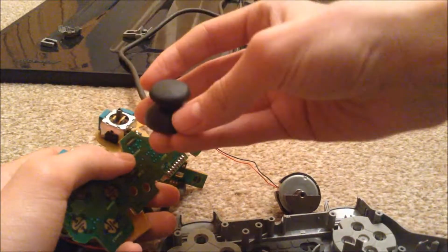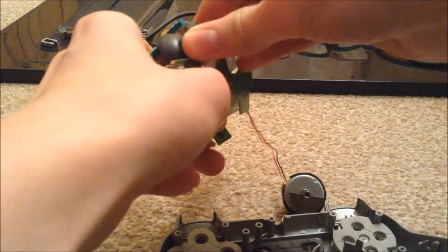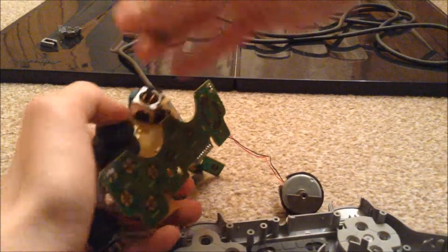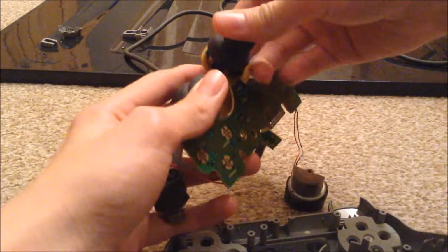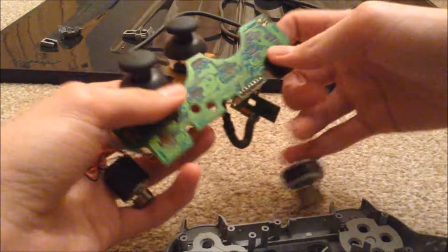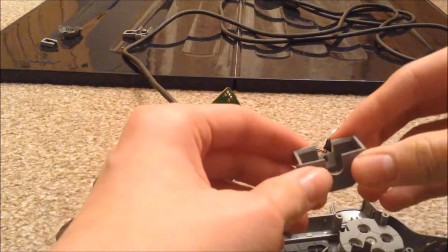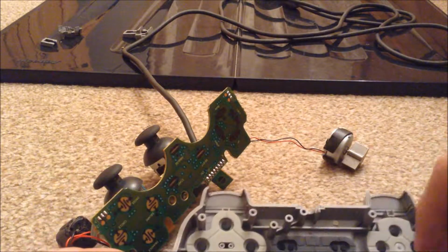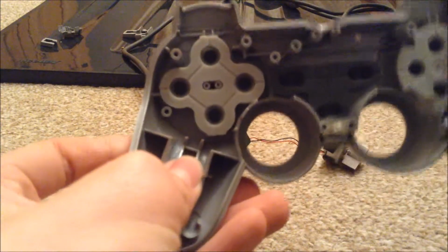What you're going to do is you want to grab your analog sticks and put one on there and one on there like so, and grab your plastic piece for your vibration motor and simply lay it down like so. Just sit it down